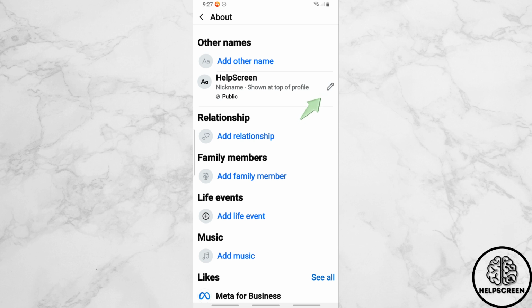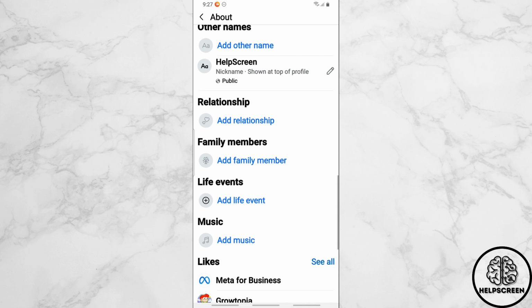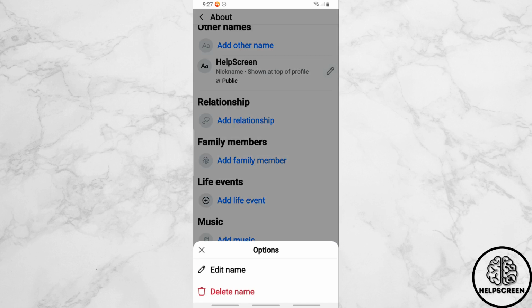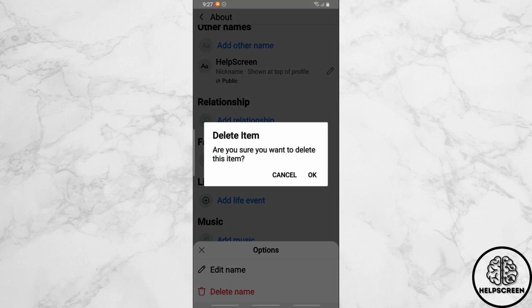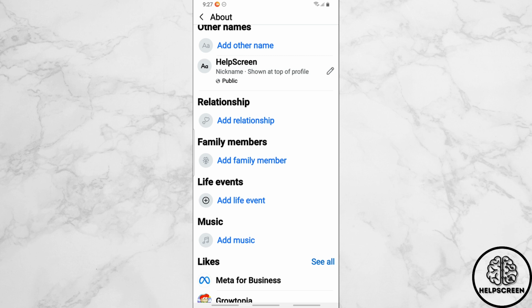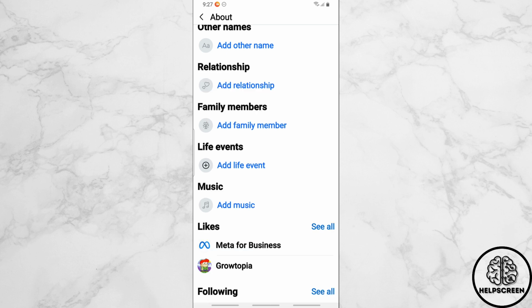So just simply select the pencil icon beside your nickname, and now, once you have selected it, you should be able to see here delete name. So select delete name, a pop-up window will show up, select OK, and after that, you should be able to